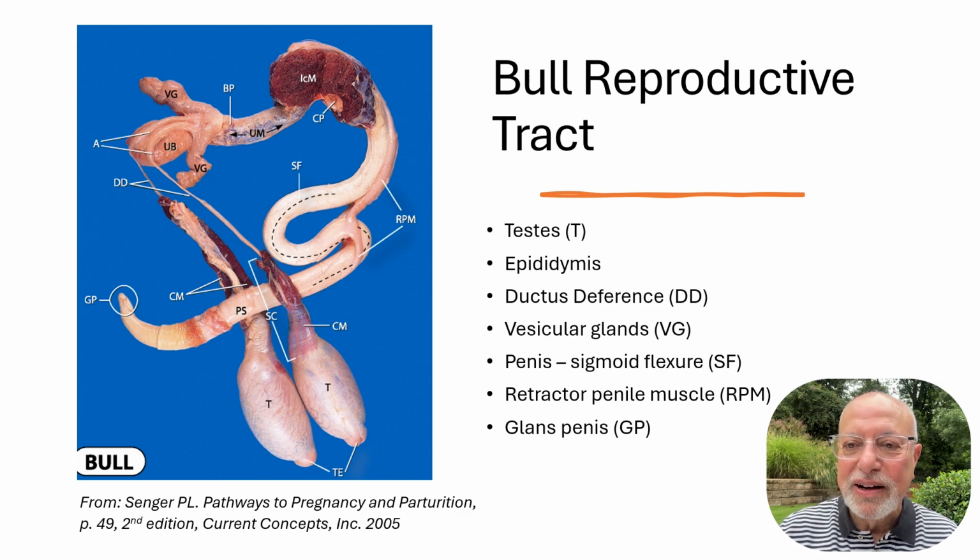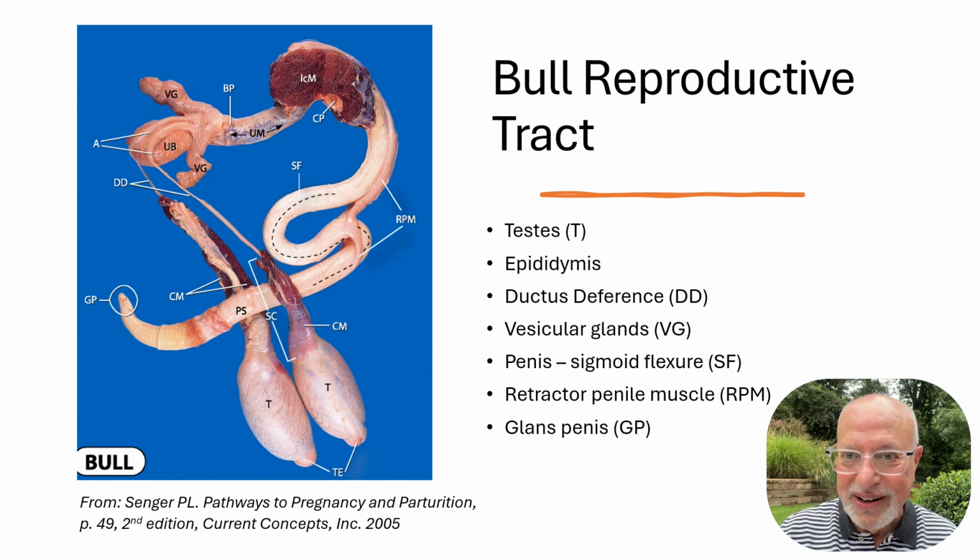This picture from Dr. Senger's book shows us there are two testes at the bottom, oval shape, and the epididymis is attached to the testes, which is not shown very well here, except the tail of the epididymis, as you can see here, labeled with TE. After sperm are produced from the testes, they are transported to the epididymis, and they are stored in the tail of the epididymis before